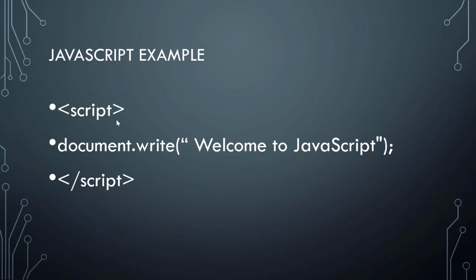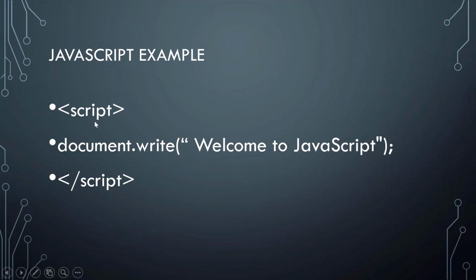So an HTML page contains the head tag open close. In between the head tag open close we write the script tag, and we can write this. Okay, script tag open close. In between, document.write and we are giving some message, welcome to JavaScript. Okay, so document.write is a statement which prints this welcome to JavaScript message on the web page itself. In the HTML page, it will be displayed.